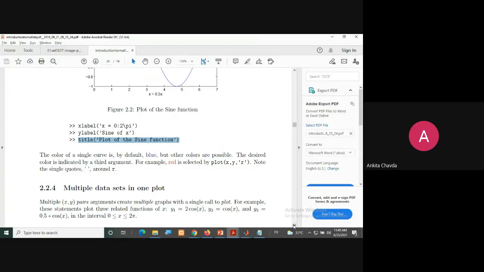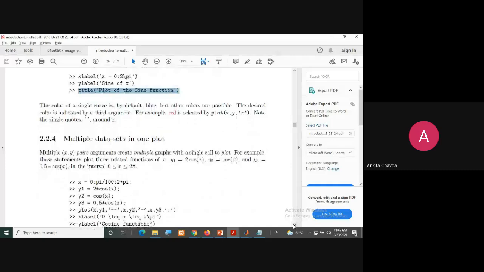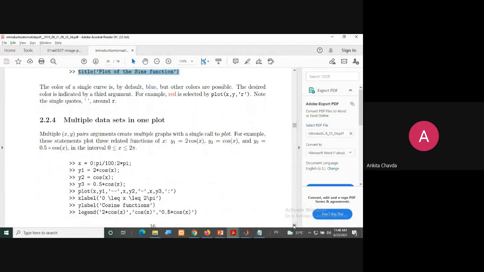Now, you can even plot multiple data sets in one plot. Suppose you have three different functions, like y1 equals 2 into cos x, y2 equals only cos x, and y3 equals 0.5 into cos x. These three are different functions for the value of x in the interval 0 to 2 pi. Again, you know what x would be: the interval 0 to 2 pi with the increment pi by 100.